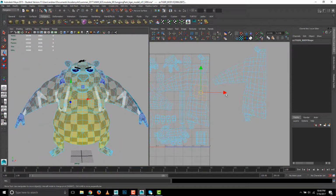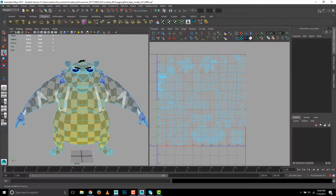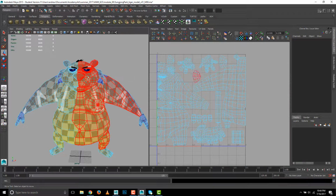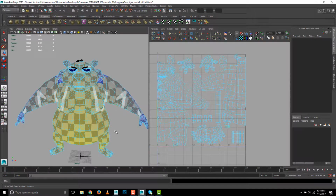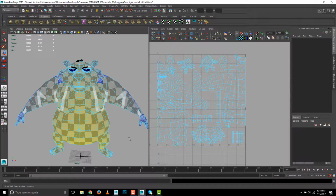It's interesting. It's not how I would do it. I suppose the advantage is if you paint on one side, it's going to paint exactly a mirror image on the other side, which might be okay, but especially along the center, it might look very mirrored and kind of funny. So it's not how I work. It also means you have a seam directly down the center of the character, which is the most obvious place for a seam. So not how I show how to UV map. It's not necessarily wrong, but